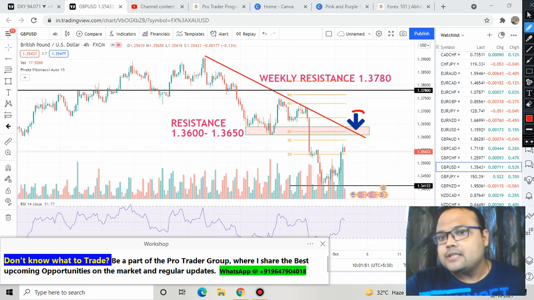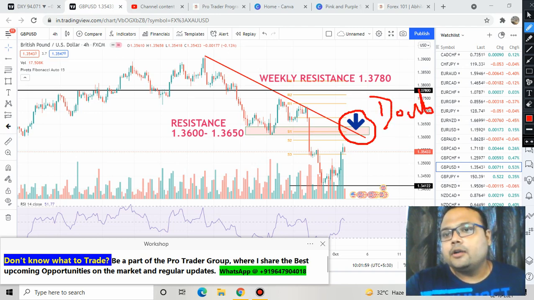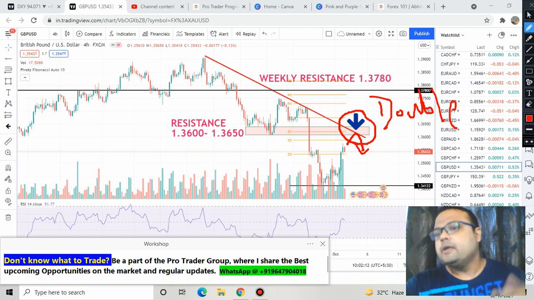And if you just observe this particular portion of the market here, then we have double resistance. We have got double resistance here, so obviously there's a greater chance of market reversing from this level. So if market reverses from this double resistance level here, then definitely we can short it. Clear?